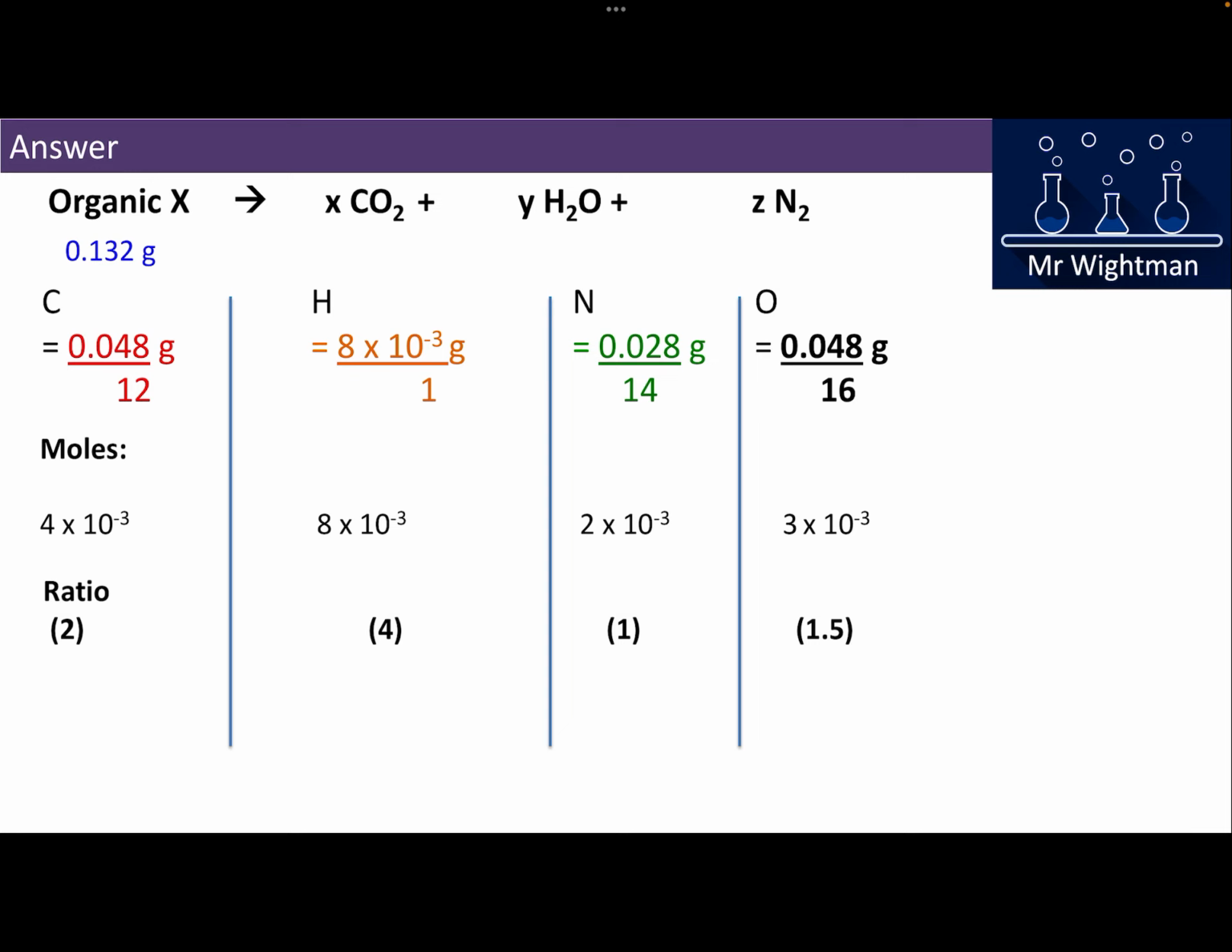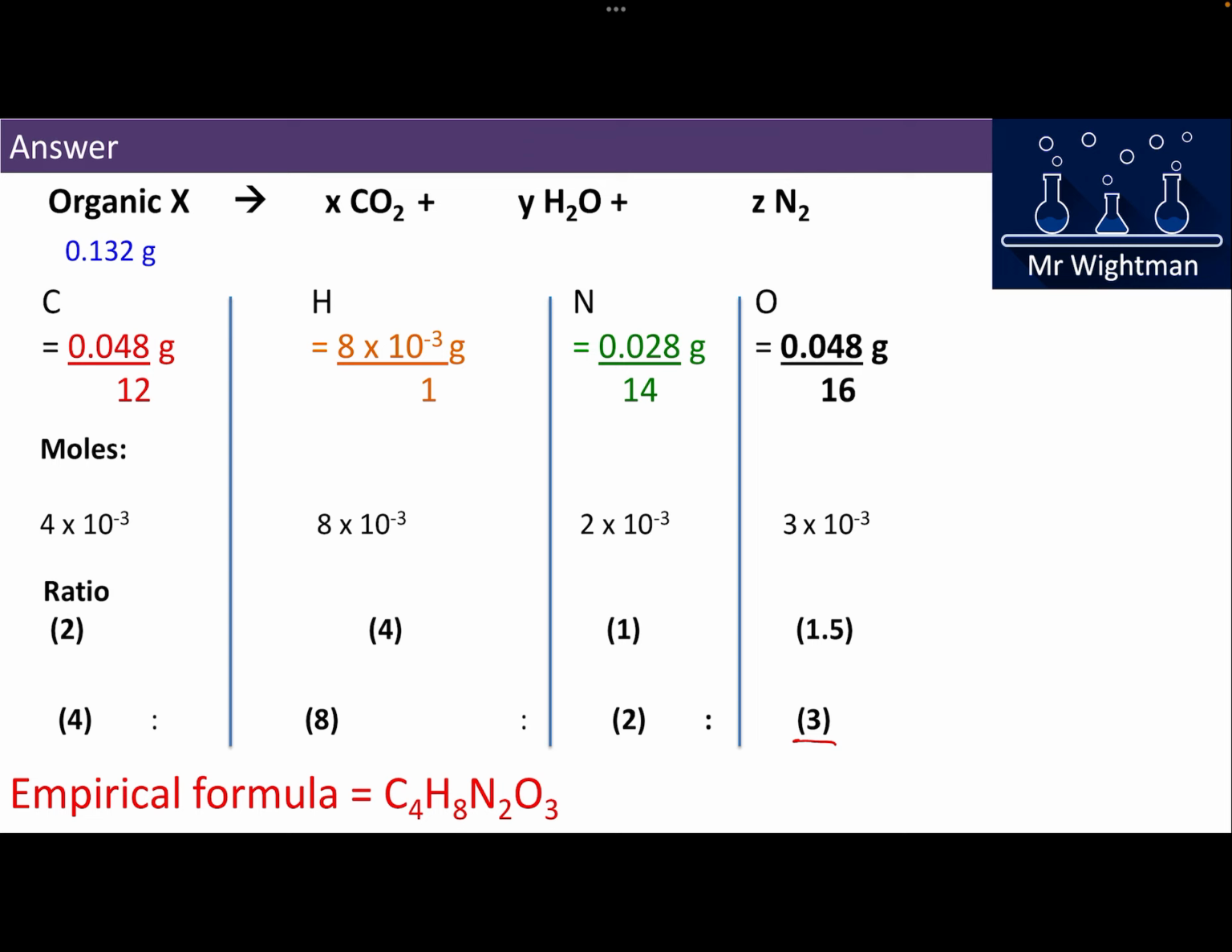So working them out as follows will give us 2, 4, 1 and 1.5, and that's not a whole number, so we can't ignore that. We can't just round that to 2, so that means we have to double everything. So when we double everything, that's going to make that a whole number of 3, and then everything else is also a whole number, and so that means our empirical formula is C4